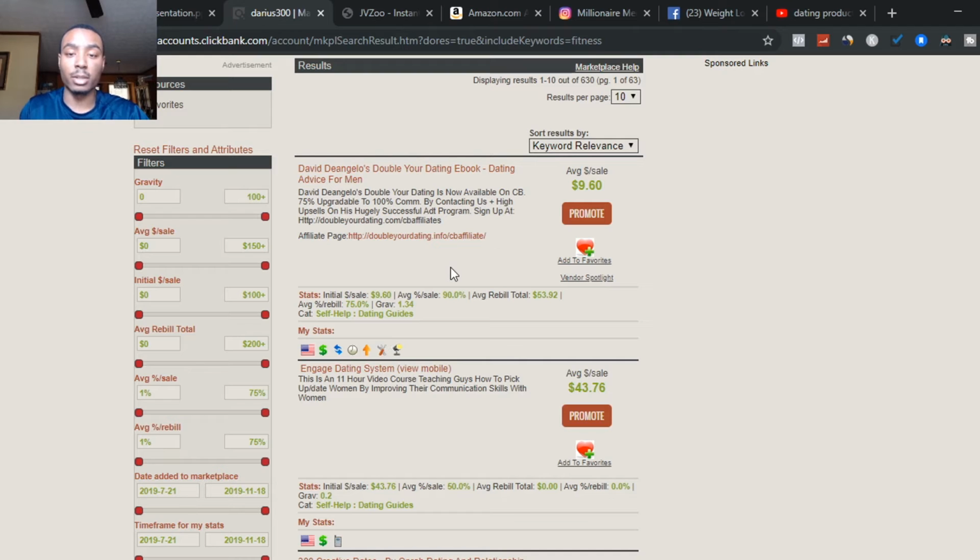Now this is an important key factor you need to know for ClickBank. You can see the stats of the product to promote, like the average rebill and the average sale. The average sale is like 90%, which is very good. The initial sale of this is $9, as you can see right here, so it's $9.60.